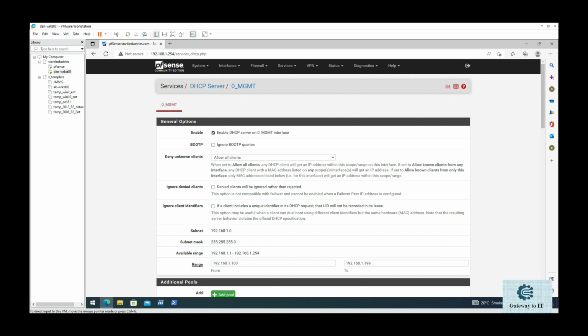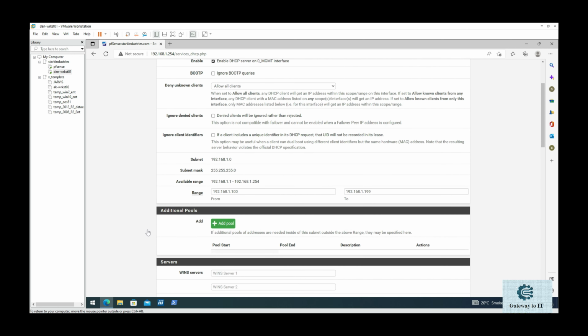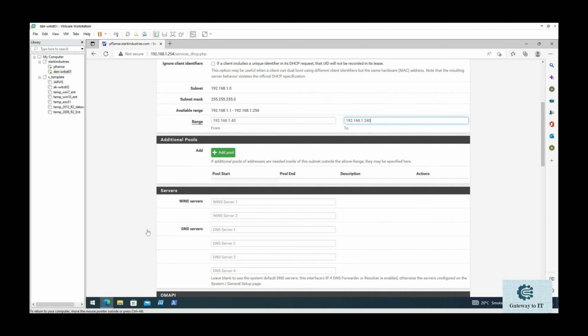So once we select that option, we can go ahead and provide the range. As per our plan, we are starting the IP address from 40 to 240 range, just for remembering it easily. So we have provided the range through which the IP addresses will be assigned to the connected